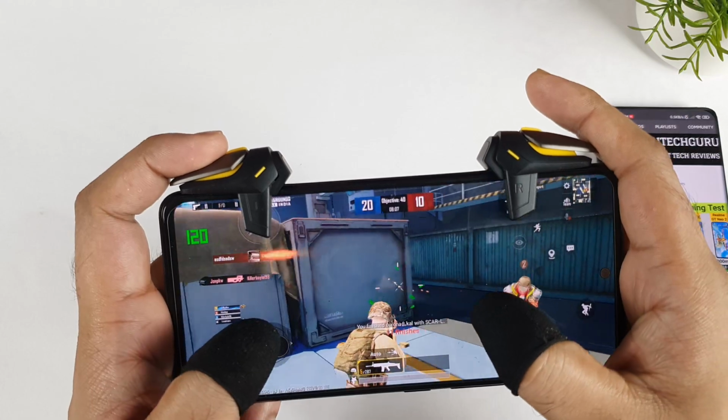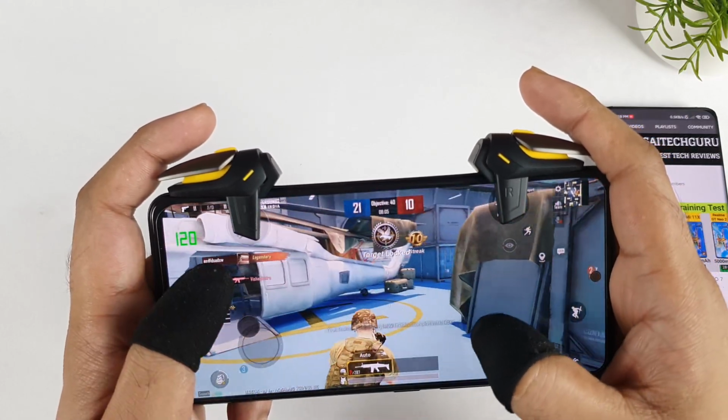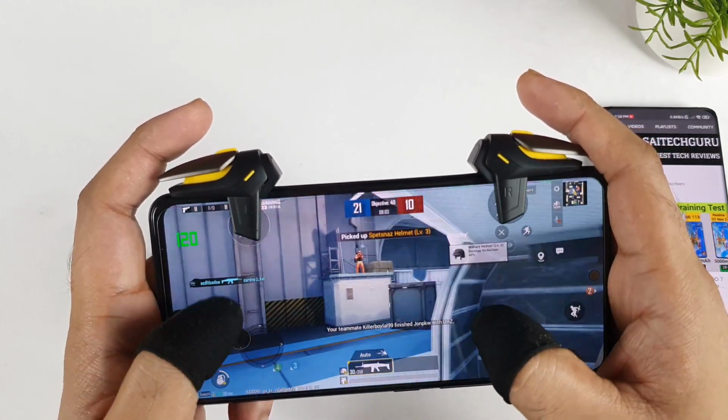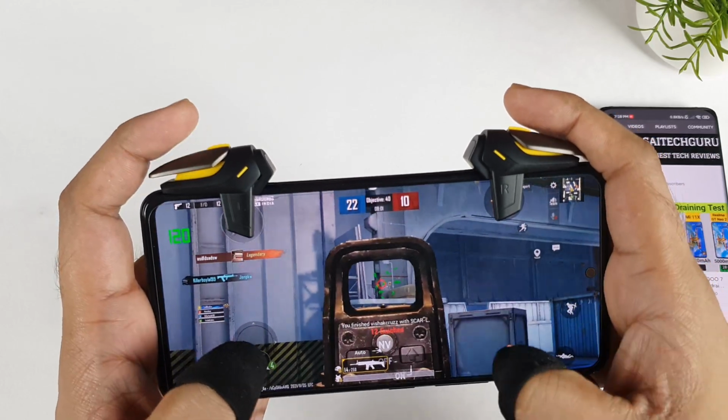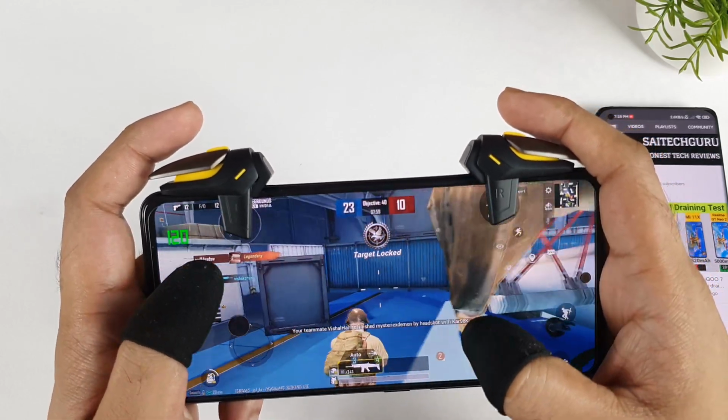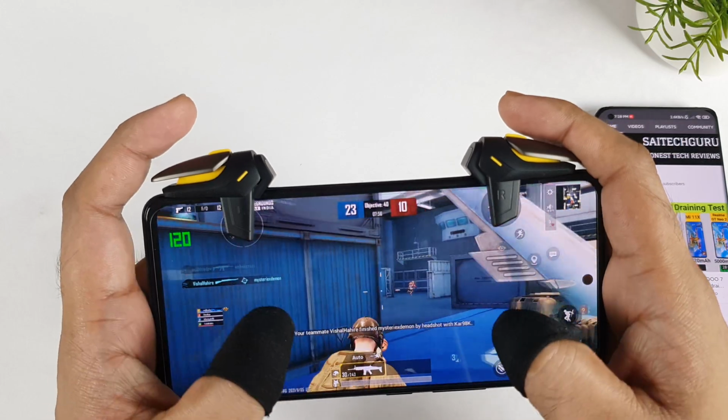And that's it, friends. In this way, you will be able to play 90 FPS on the iQOO 7 device using the GFX tool. So this is how it is possible. On a few phones, it's not supported, and on a few phones, it is supported, friends. You can download the same GFX tool application from the Play Store.